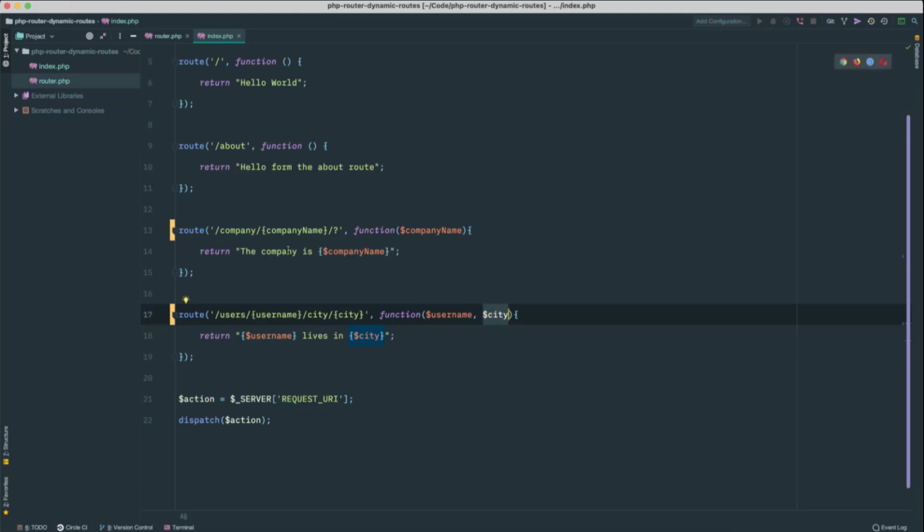But let me know if you want to map the names to the variable names, so we can do that. We can do that using PHP's reflection API. I will only make a video if you guys are interested. Please let me know in the comments below, and if you ask for it, I'm going to make that my next video.